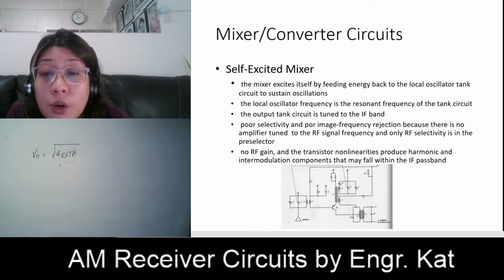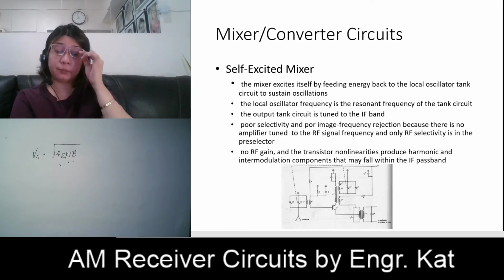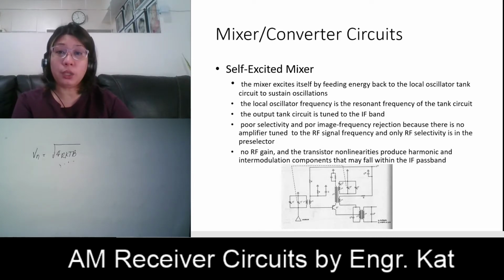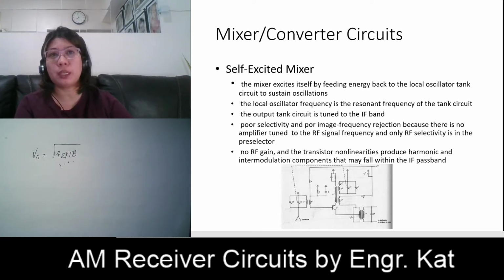I think I have a wrong figure here. Anyways, the frequency of the local oscillator is the resonant frequency of our tank circuit. Usually this is the difference between the RF signal and our IF signal, which is your